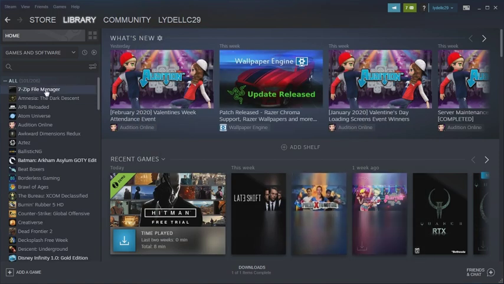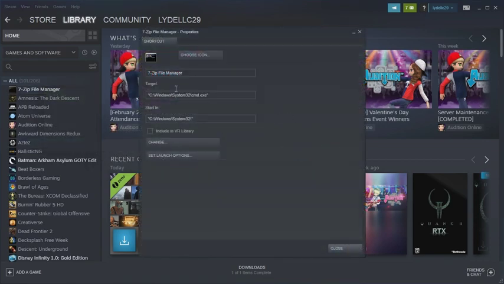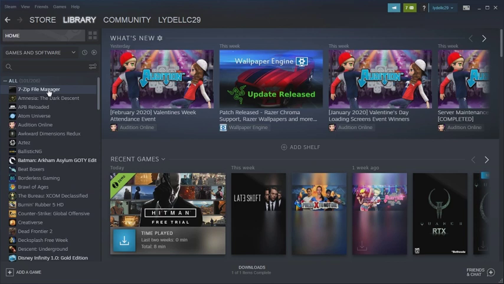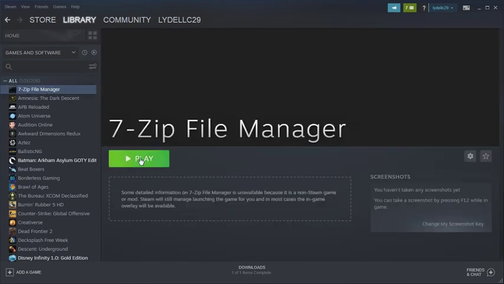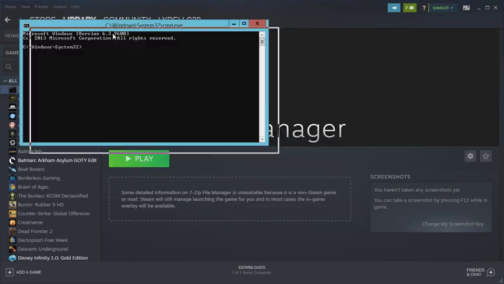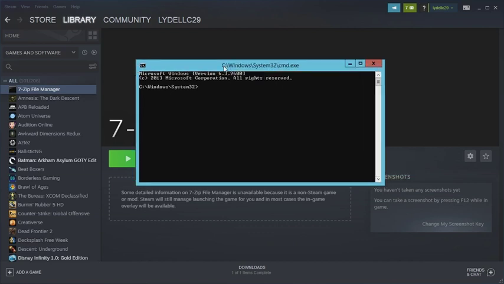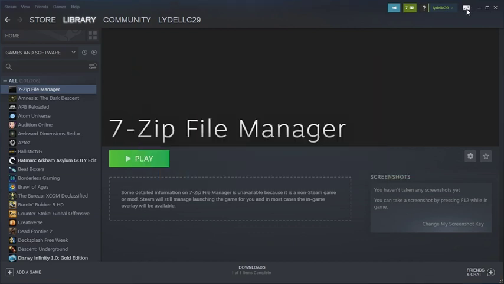So you're going to want to close. And then it should update here too. Yep. So you're going to want to click on it, and hit play. So you should get command prompt. Now, from here, you're going to want to leave that open, but you